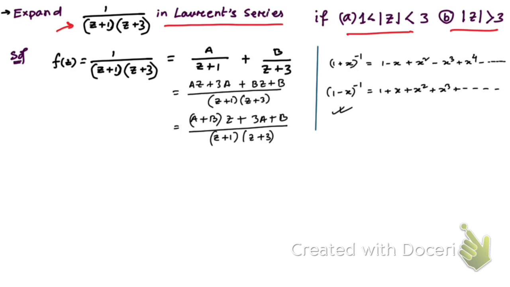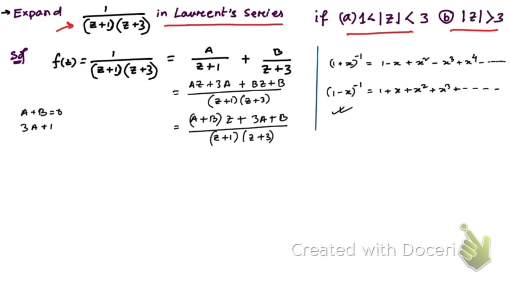As I have already told you, the numerator can be written as 0 into z plus 1, and 1 is the constant part, so 3a plus b is going to be equal to 1. Comparing the coefficients, we get